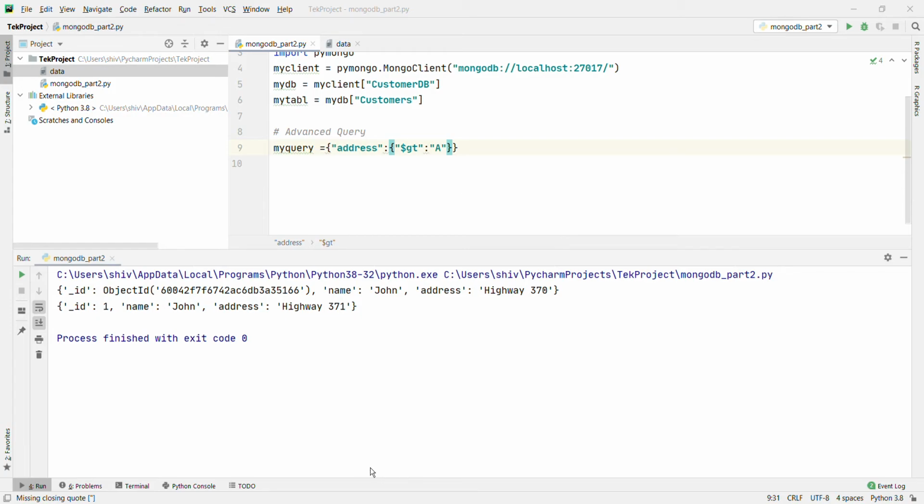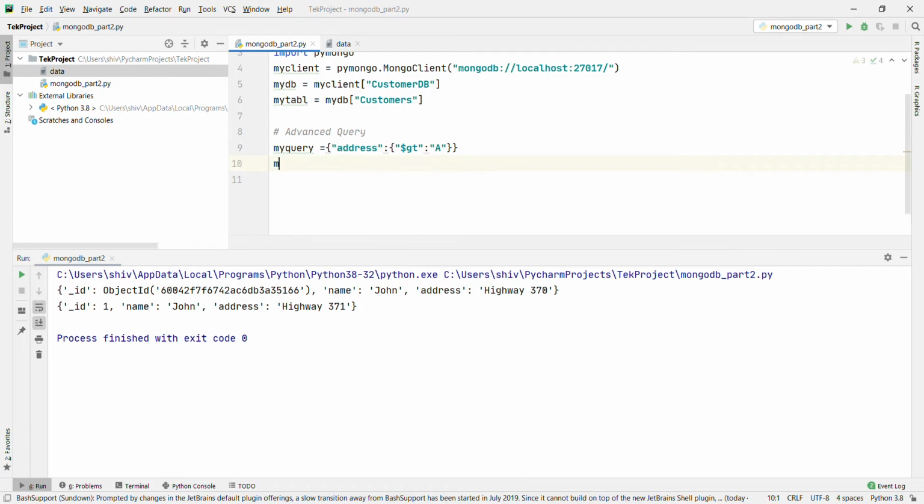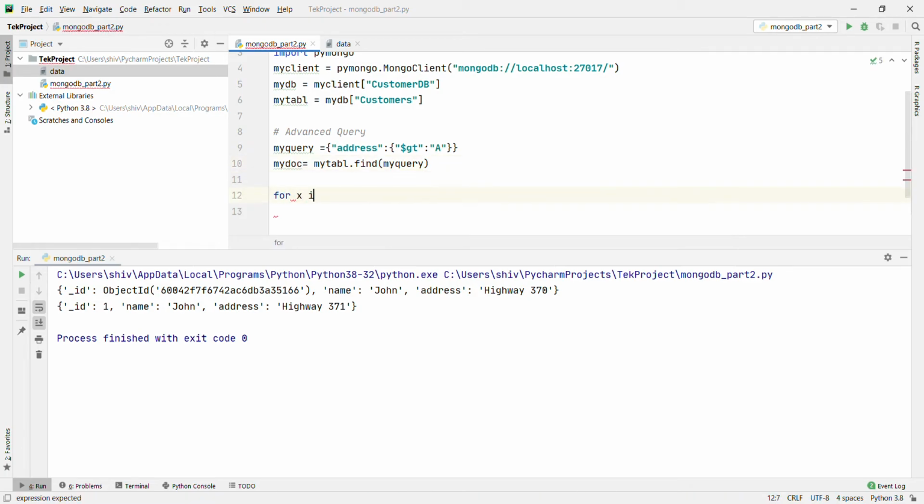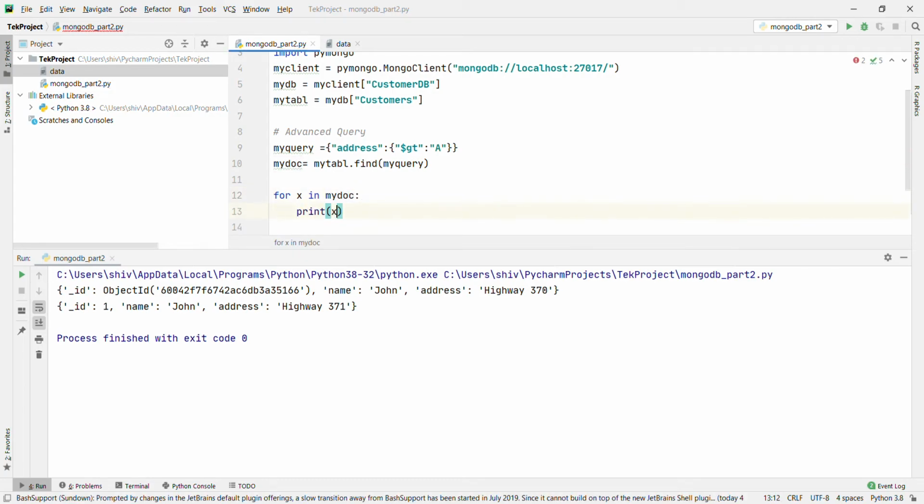My doc equal to my table dot find my query. Now I'm going to use a for loop, for x in my doc colon print x. What's the value of capital A in ASCII?